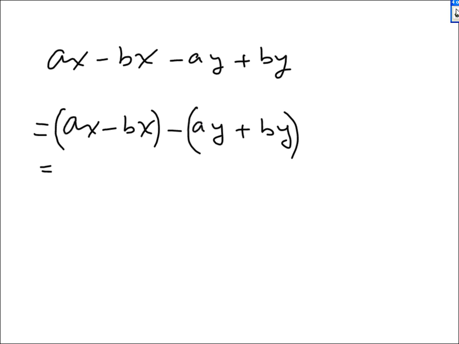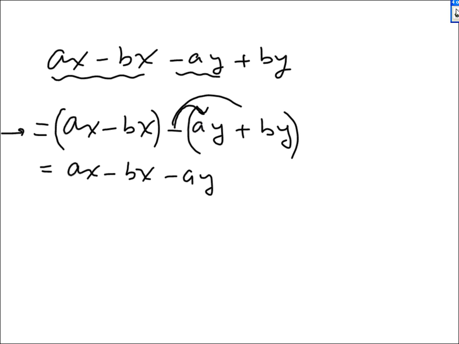Well, let's be real careful what this middle line equals. Well, it equals ax minus bx, which is exactly what we have up here. Now you have to take away ay. Yep, that's exactly what it says. So now it says you have to take away by, now positive by is just by, just like positive 7 is just 7. If you take away by, well then, you say, oh my, we were supposed to